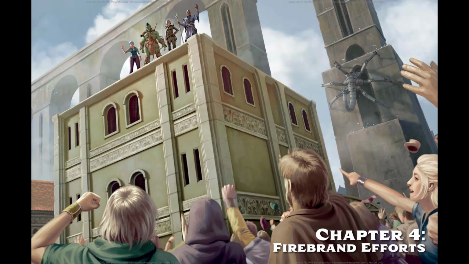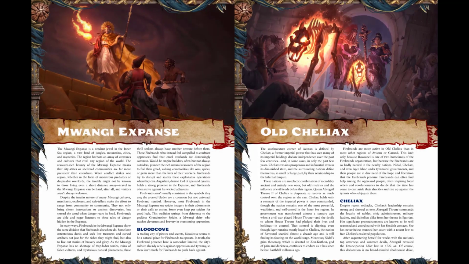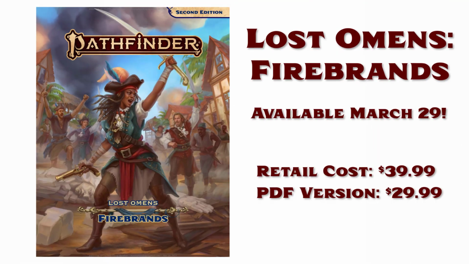And the final chapter of the book gets into Firebrand campaigns, and specifically the locations where such games might occur. 6 such locations are detailed, most of which receive 4 pages of information. These locations include Vaunter's Carnival, which is a major celebration for the Firebrands, the Mwangi Expanse, Old Cheliax, the Shackles, Galt, and Katapesh. So that should give you a pretty good idea of what you can expect with this book